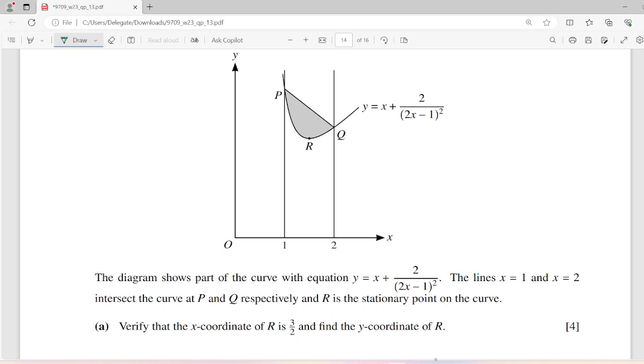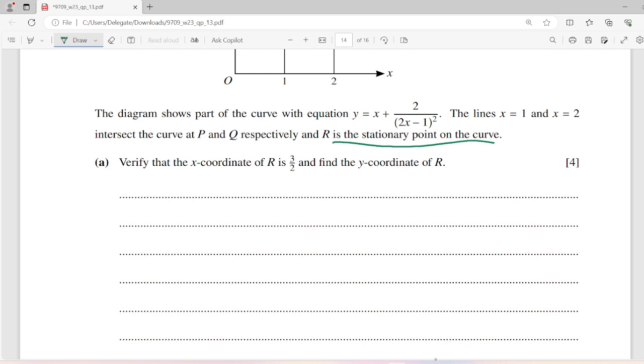It wants us to find the coordinates of r, and we are told that r is the stationary point. So how do we get the coordinates of the stationary point? We differentiate and equate to 0. So we have y equaling x plus 2 into 2x minus 1. We never differentiate in the denominator. So my dy dx